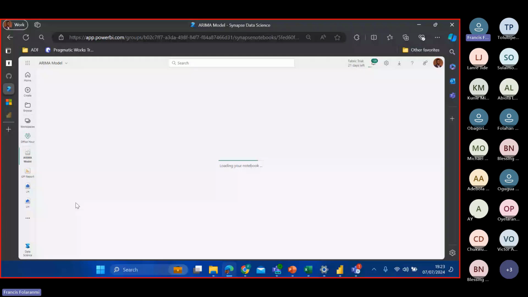Sorry, it's taking time. Network is terrible. Yes, so the lake house within our workspace. So I'll just pick that, then I'll click on add. That will associate this lake house to my notebook.